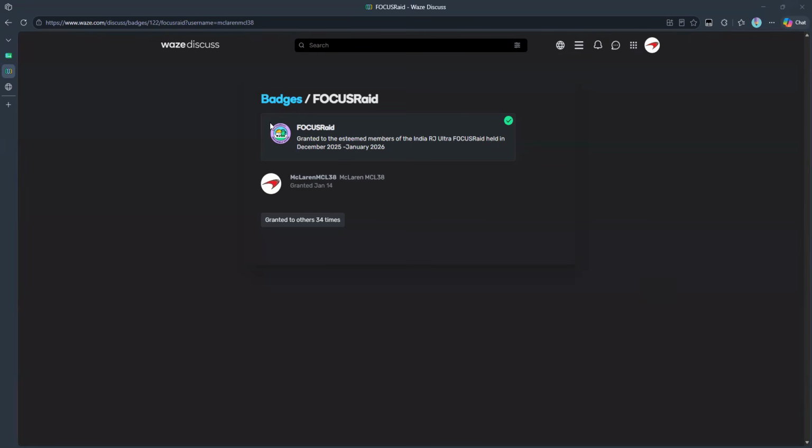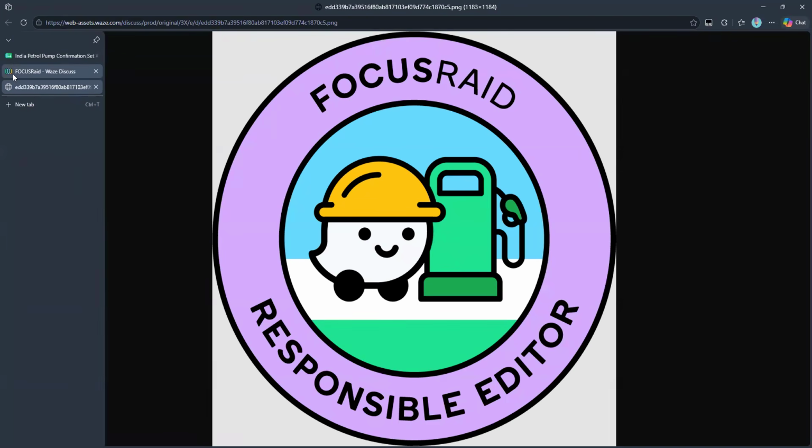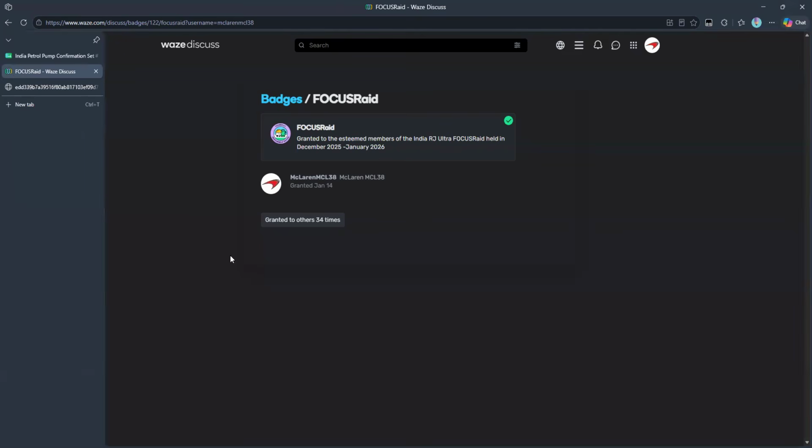So if you have this badge already on your profile, it looks like this. If this badge was given to you, you can have a larger area. How do you earn this? You normally earn this by participating in one of our focus raids. And if there's no problem while you edit and you don't edit outside the focus, then you can earn this